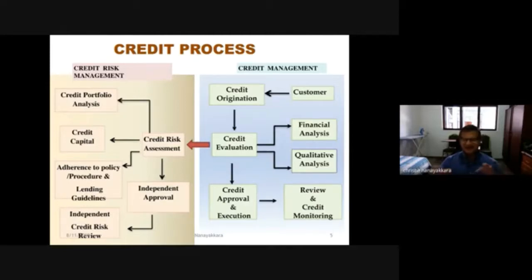Actually, these are two sides of a coin. So you get heads and tails in a coin. So credit management, I call it a head. They need to manage the risk at this level because they are the people who are in touch with the customers. They have the first-hand knowledge. They need to do a proper